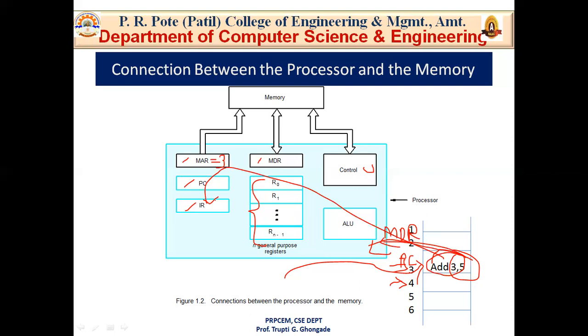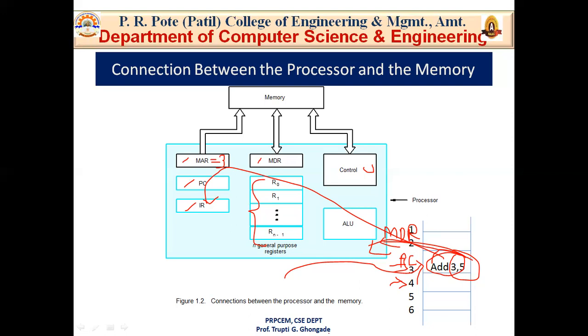So after the instruction is loaded into the IR, now this is the time when the processor decodes an instruction. Okay, and after decoding, the processor will perform execution of the instruction. So if the instruction involves an operation to be performed by the ALU, it is necessary to obtain the required operands. Now in this instruction, which are the operands? 3 and 5, because we have to perform addition on 3 and 5. What is an operand? It is that on which we have to perform arithmetic and logical operations.